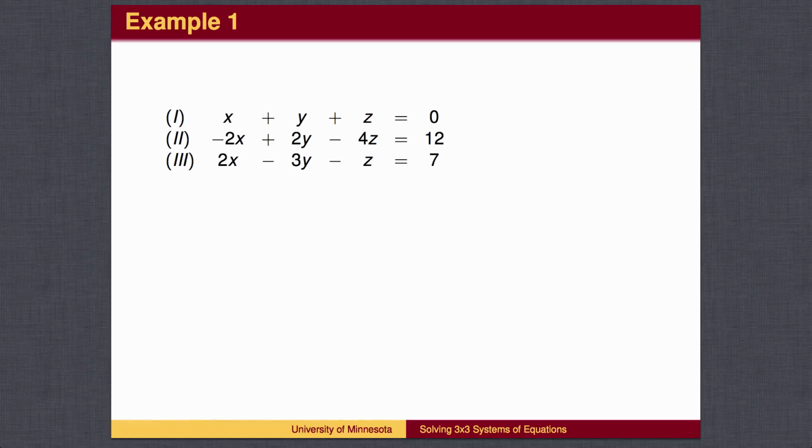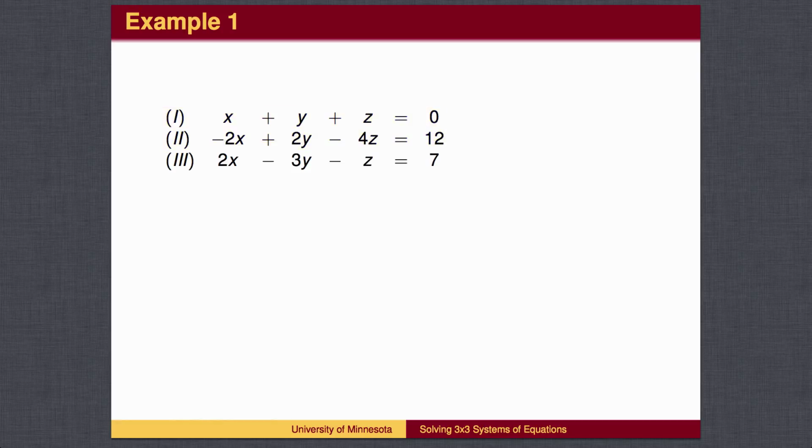For example, we could solve this system in many ways. One approach is to eliminate z. We could add the first equation and the third equation to get an equation involving x and y. We could then take 4 times the first equation with the second equation to get another equation involving x and y. We could then solve this system. We could also eliminate y by combining 3 times the first equation with the third equation and -2 times the first equation with the second equation.